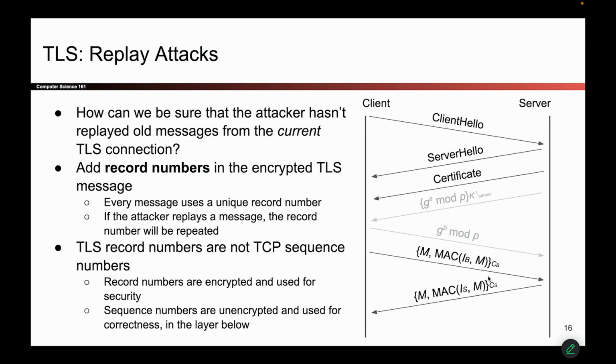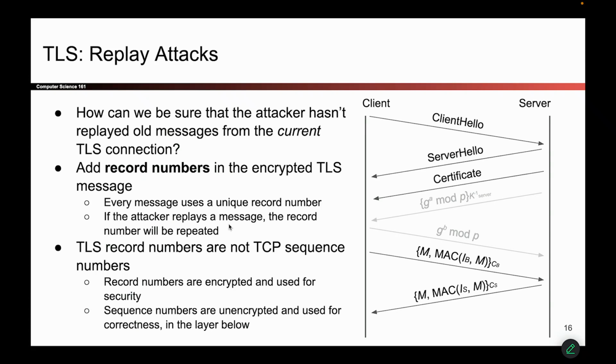If someone takes an old message, writes it down, and then tries to replay it later, the timestamp will be the same, or the counter will be the same, and this will tell the recipient that these are actually the same message replayed twice. It's not two different messages. If the attacker wanted to replay messages, the record number or the timestamp would be the same, and the server knows that it's the same message duplicated. If the client really wanted to send the same thing twice, then those two messages would have different timestamps, and that's how the server knows that they are actually two different messages. So this is how you stop replay attacks inside the same connection.